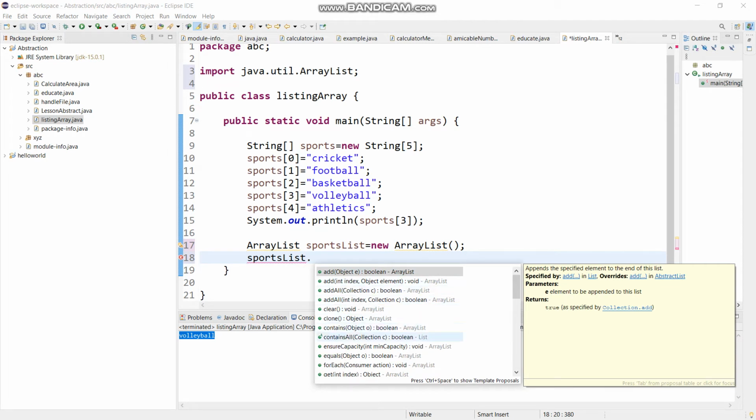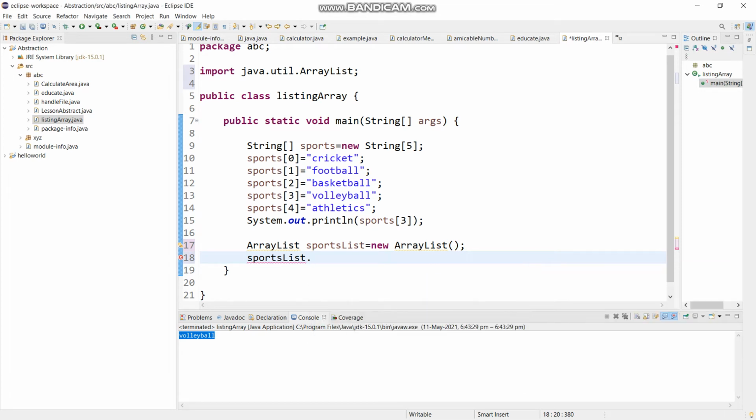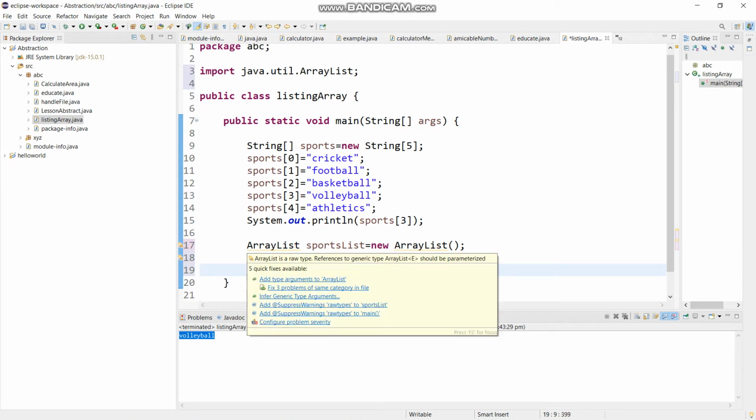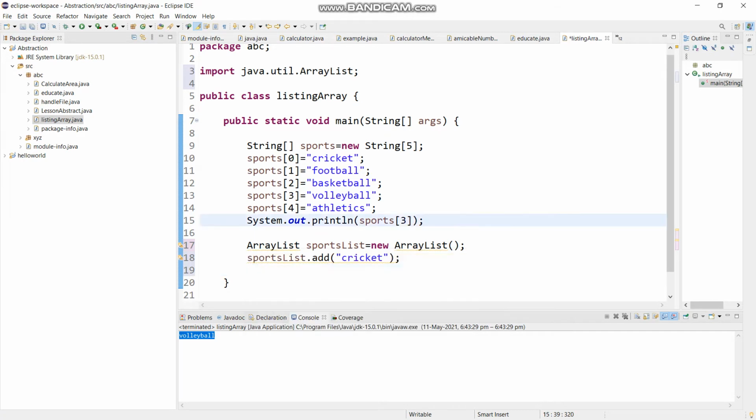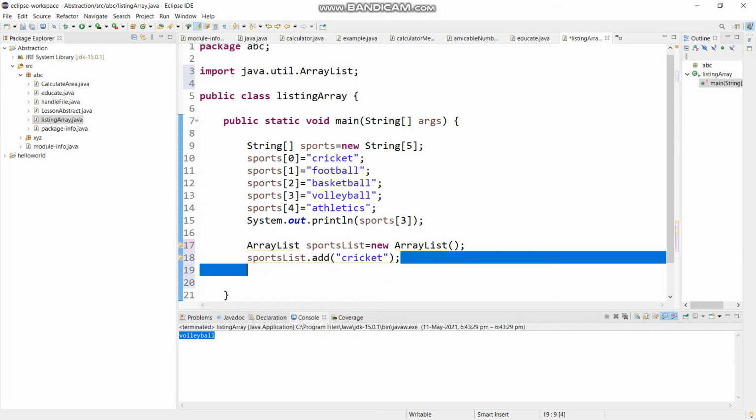First of all, I told you that add is the most common method we are going to use. We have to add the items in this array list, so I am going to write sportsList.add. Inside this we write similar elements as we have given above, because we are comparing array and array list. You can see some warning is generated here, but it doesn't matter.